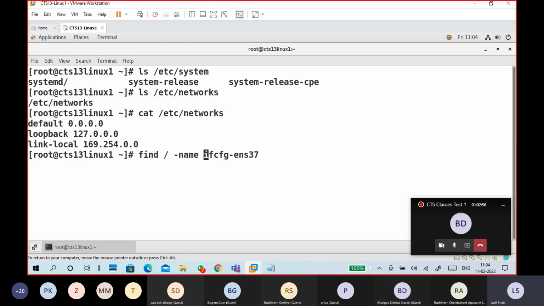Slash means search in the entire system, hyphen name of the file. If in case you don't know what is ENS33 and all, no problem, try to find where is ifcfg with a star. Or you can use the locate command also.